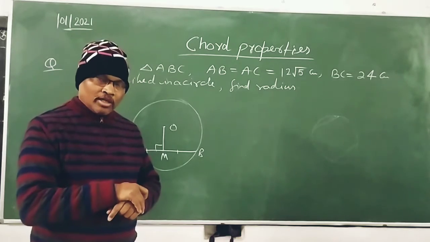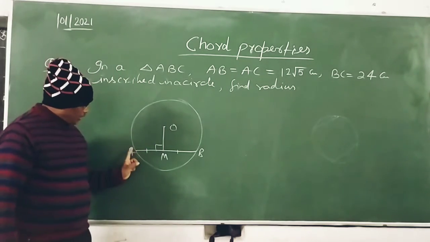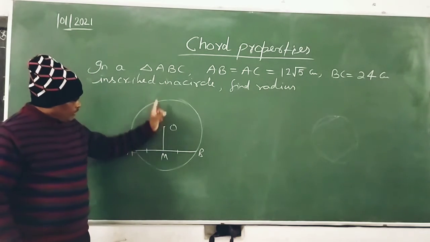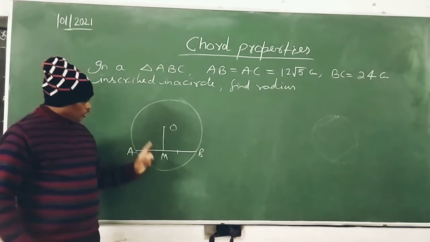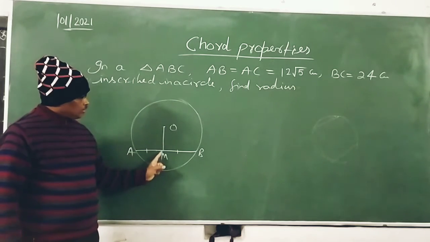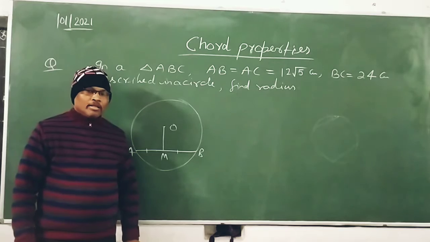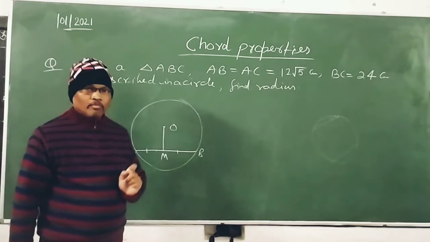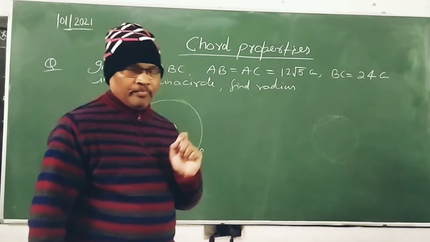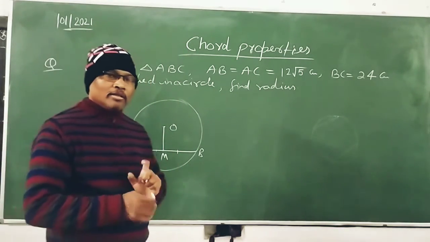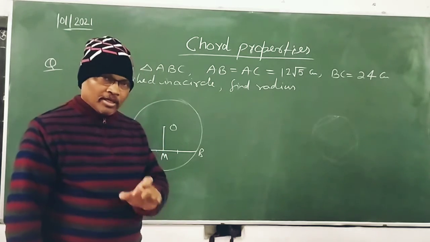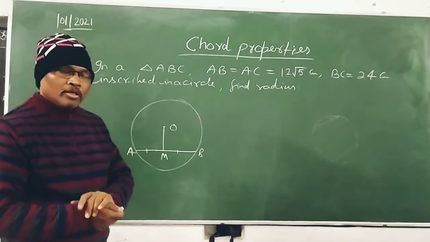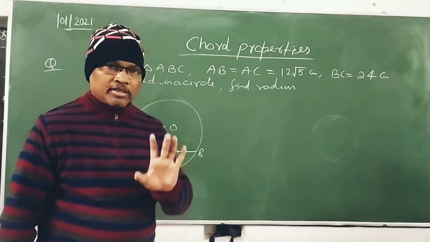The converse of this theorem also says that if a chord is divided by a line OM, and this passes through the center, then the line OM is always perpendicular to AB. Similarly, a perpendicular line which divides the chord AB into two equal parts always passes through the center.